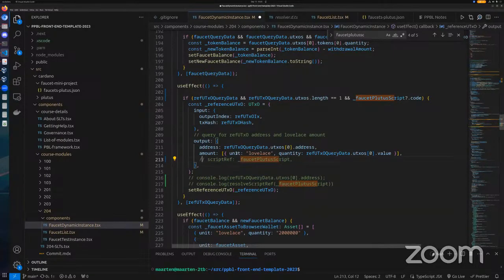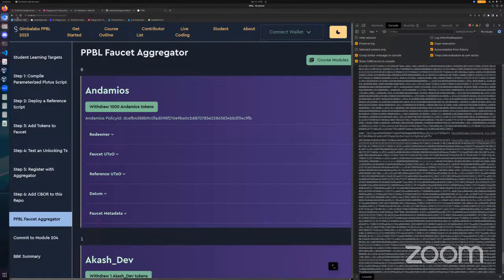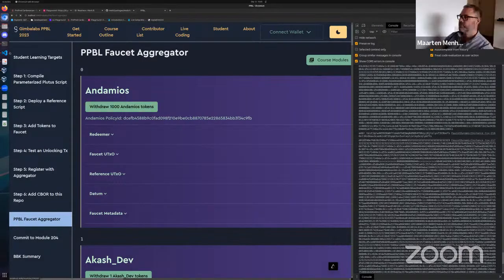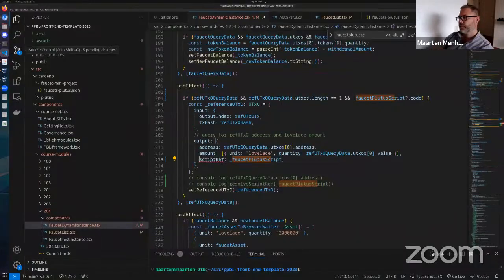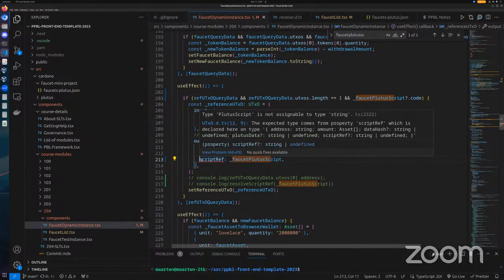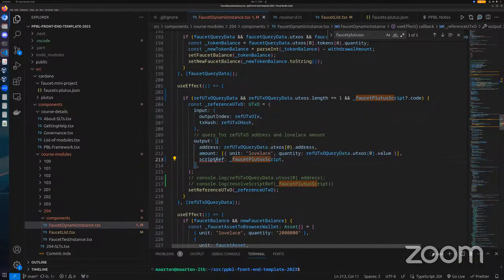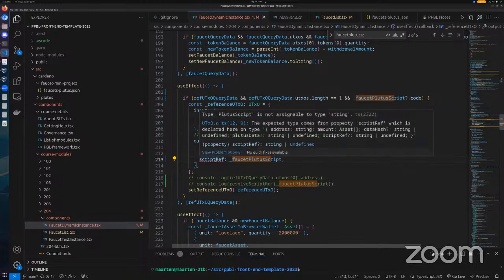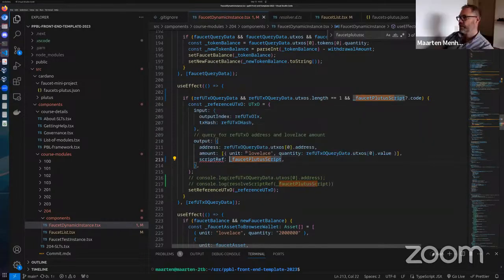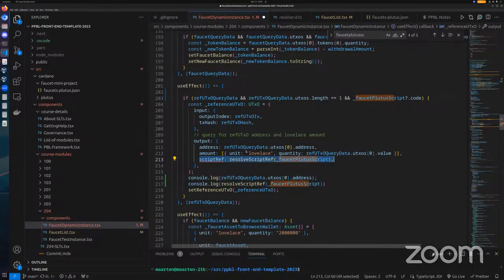Is that going to work if we just pass it that way? It just takes a moment. Oh, well, okay. So script ref doesn't like the type.